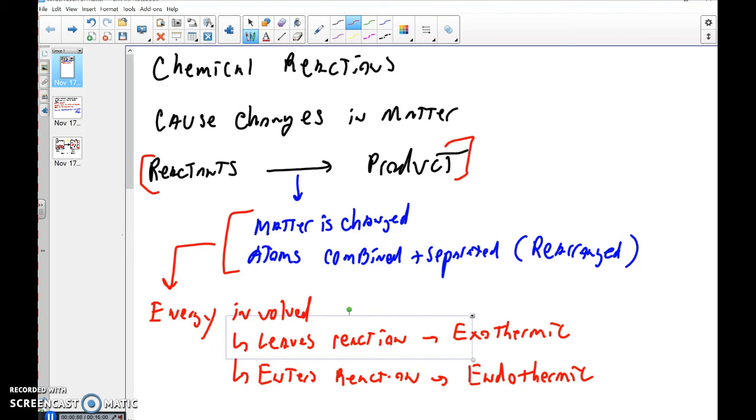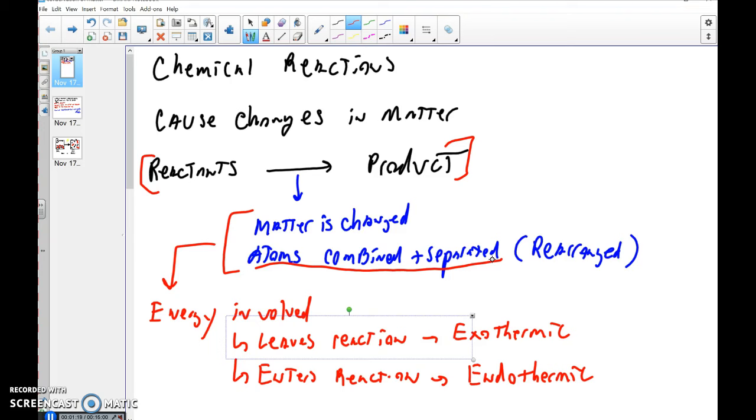Atoms get combined, atoms get separated. The key idea here is atoms get rearranged. Now, this is important. When I say atoms are combined and separated, what I mean is they're combined in different ways and then separated and recombined. This doesn't actually break atoms. That would be something else entirely. It just takes atoms as if they're little pieces of Lego